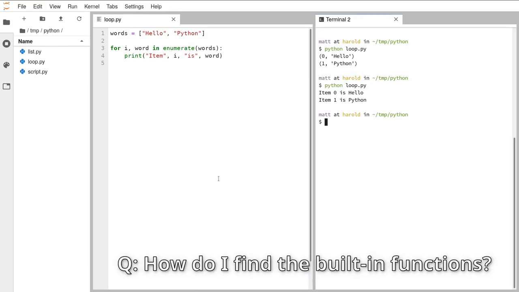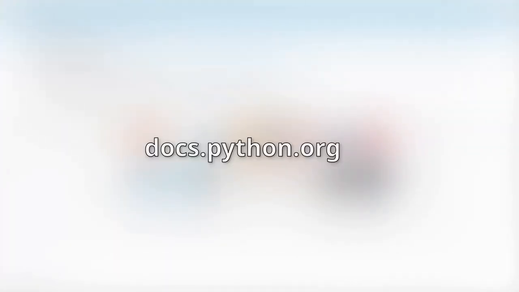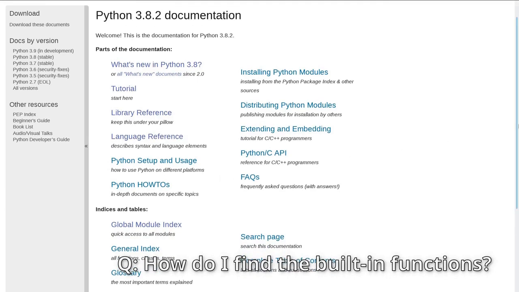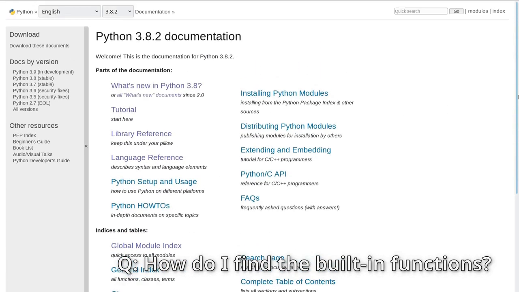How do I find suitable function for my tasks? There can be 100 built-in functions which I don't know about. So let's go to docs.python.org, exactly as Gareth's linked there. So the page that I was on before was a page called built-in functions. So you can go to the search, built-in functions,